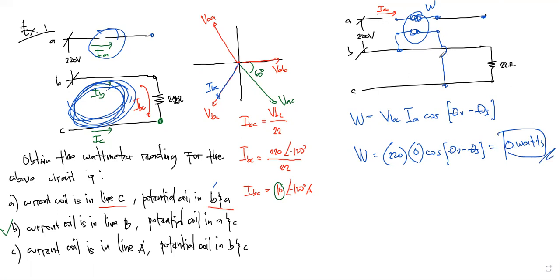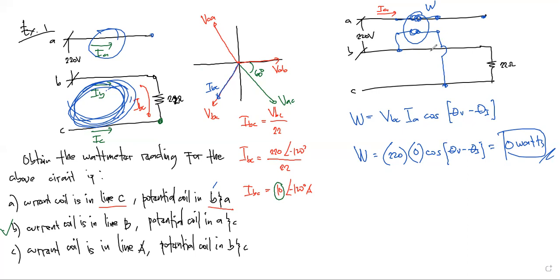Okay. So as you can see, when we place a wattmeter in a circuit, depending on the orientation of the wattmeter, it may give a different reading. But that doesn't mean that the indication of the wattmeter is the total power drawn by the circuit. Okay, so the next question now is